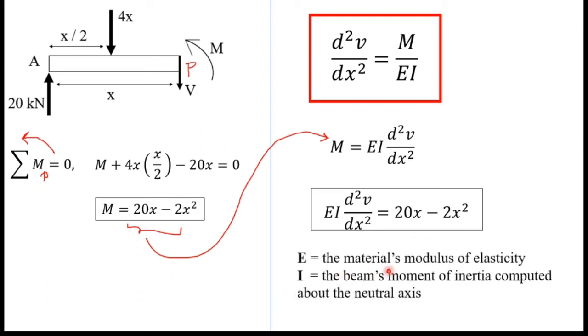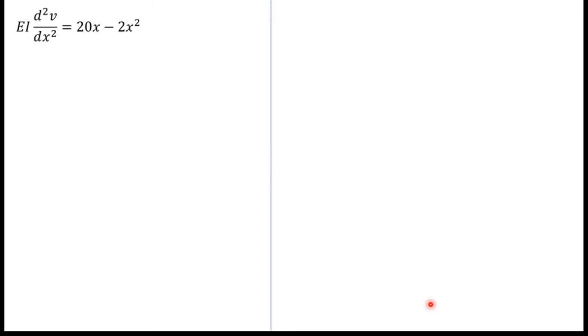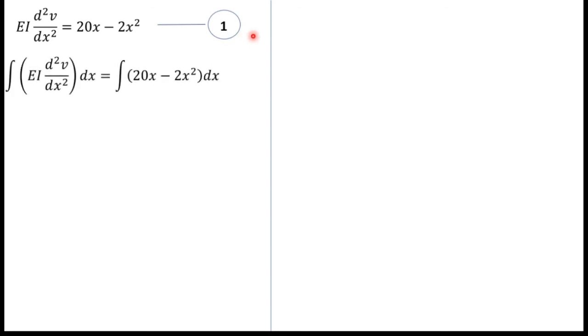E is the material modulus of elasticity and I is the beam's moment of inertia computed about the neutral axis. Next I will write this equation here. Next I am going to integrate this equation. So I will mark this equation as first equation. So if I integrate this,